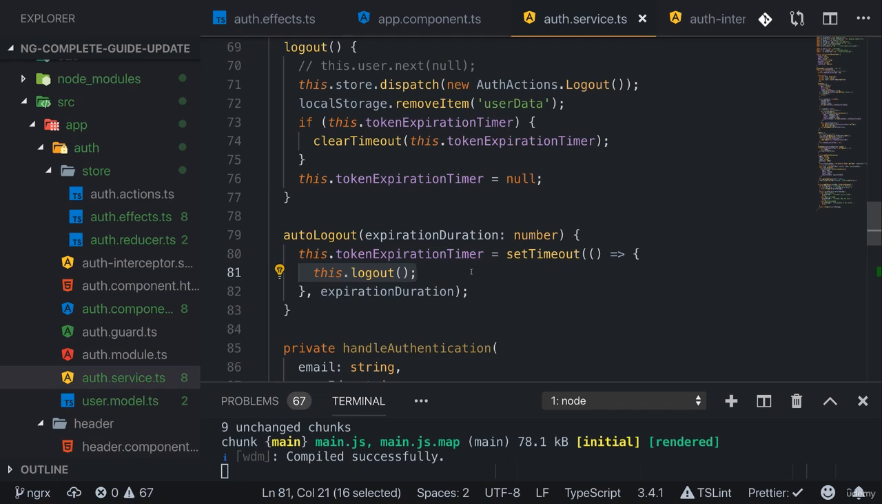Now you could come up with setups where you do this all inside of NGRX effects. But I'm not actually the biggest fan of this, because in the end my goal here is just to dispatch the logout effect once a timer expired. So while we could certainly come up with some observable magic to yield that effect, I think it's easiest if